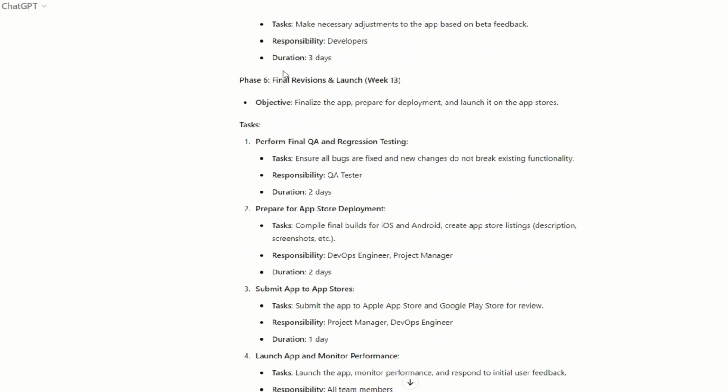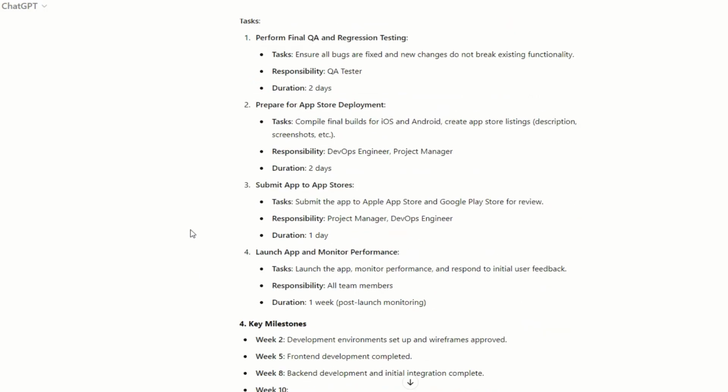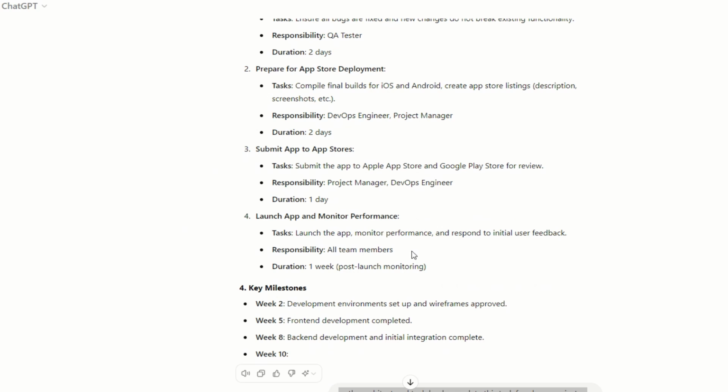And phase 6, final revision and launch. So that's your go live, which also includes performing the final QA regression testing, preparing for app store deployment, submitting the app to Apple and Google Play stores, and then launching the app and monitoring the performance.